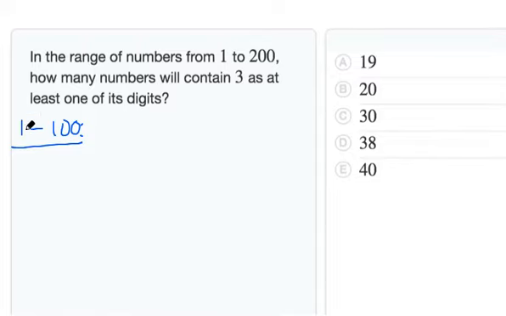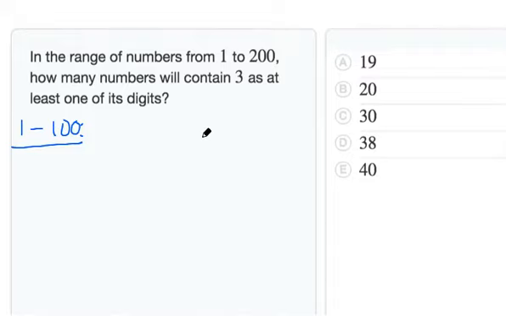So let's take a look at the range from 1 to 100 first. Now we're looking for numbers that have 3 as one of its digits. So if we're in the range from 1 to 100, we have a couple options that we can encounter. One of the options is if 3 is in the ones place. If 3 is in the ones place, for every block of 10 numbers, we have one number that has 3